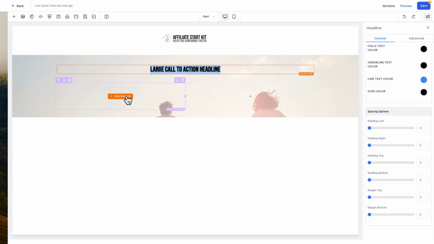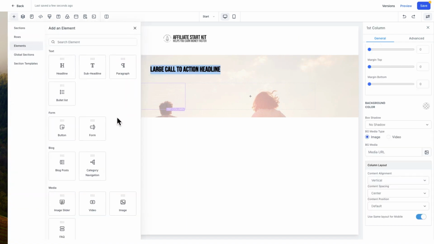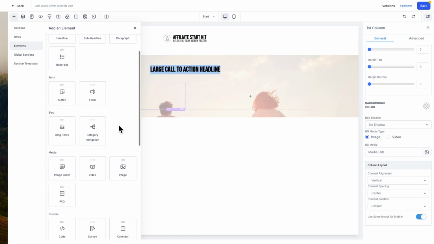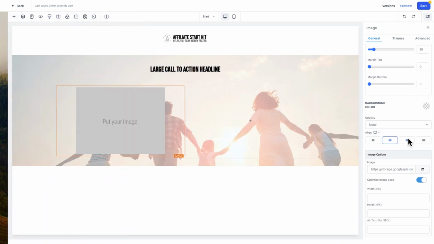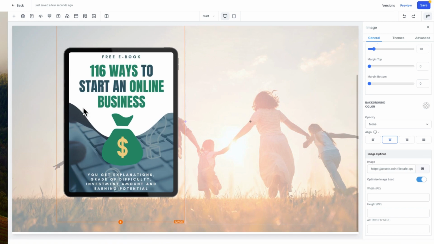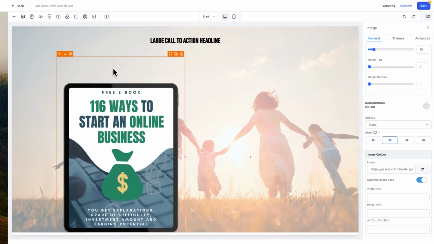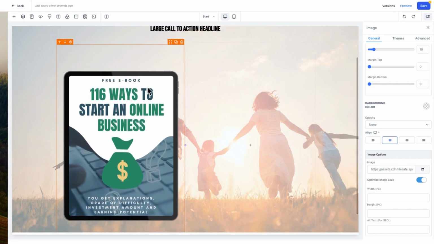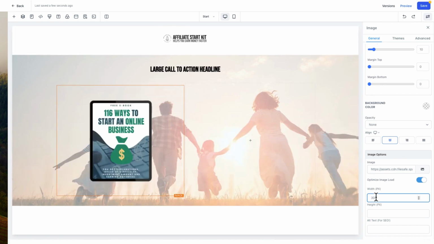Now here we want to have an ebook. This is an ebook funnel, and we have our image. So this is not really the image that I wanted, because I had cropped it in this way. You see it's a little bit too big, and we can have the width of 300, maybe like this. Great. And on the right here we want